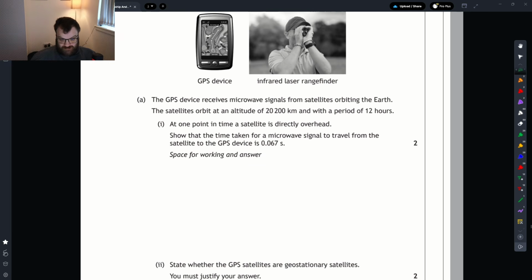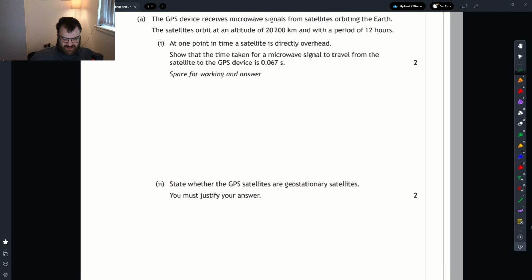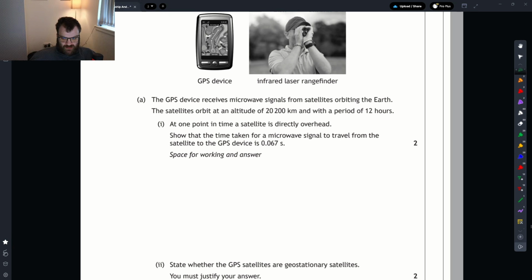Next one. Satellite, altitude, time from the satellite to the GPS. So it's not going back. Sometimes questions will talk about going forwards and backwards. It's just the one direction. So that shouldn't be too tricky. DVT again. So if D equals VT, then T equals D over V. So T equals